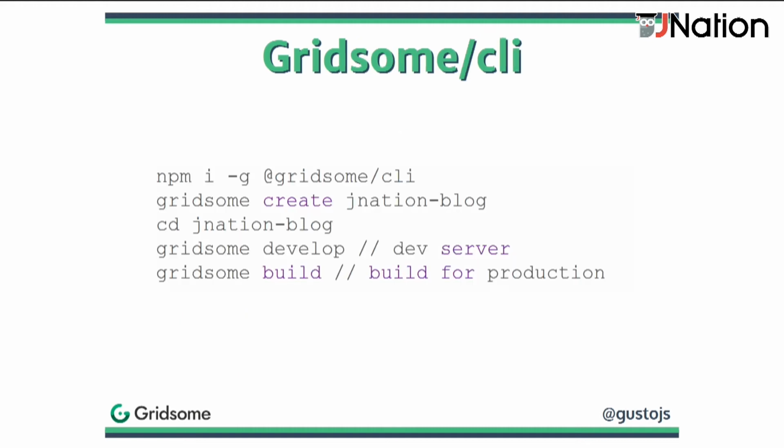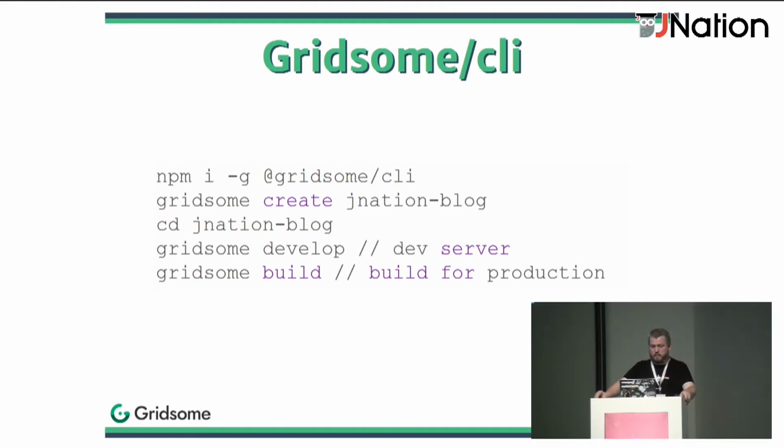So let's take a look at standard CLI commands with Gridsome. With the create command, we can scaffold a new project, and then gridsome develop will allow us to run a development server in which we can use hot module reload and anything else we need. Finally, if we want to build the files for production, then we run gridsome build, and it's done. At this point, if we have continuous integration, our files should be automatically uploaded to the repository on GitHub or GitLab. And this step will trigger the upload to our hosting solutions such as Netlify.